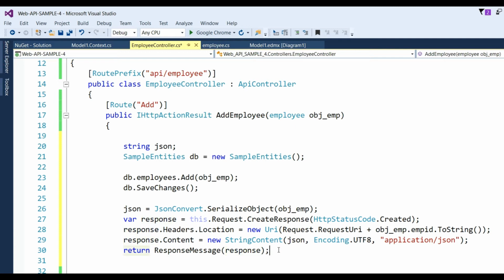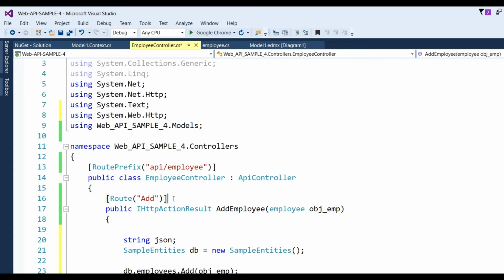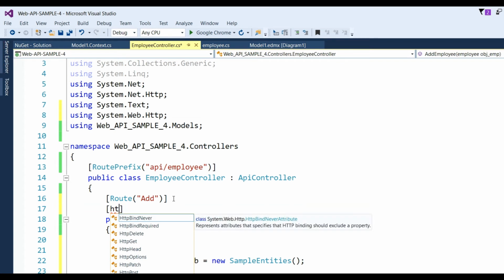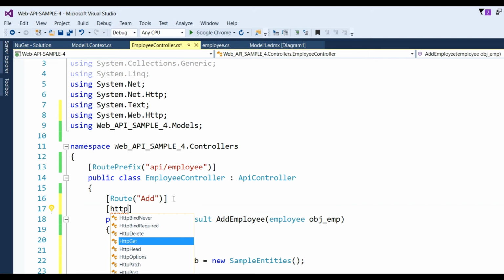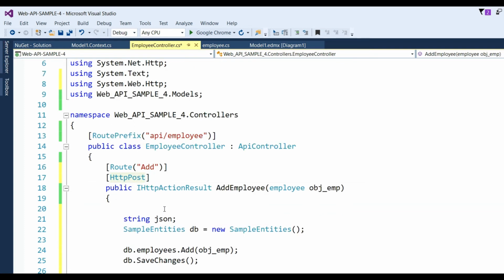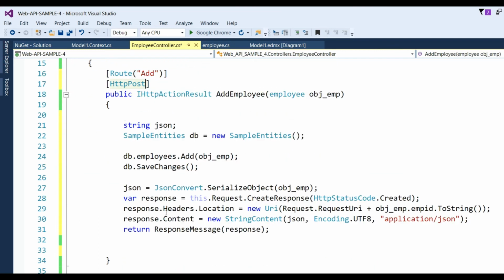Now this way the POST method has been created, but before running the application you also have to add the HTTP POST attribute, so that the API can understand which method has been called, because we have customized the URI using the route attribute.